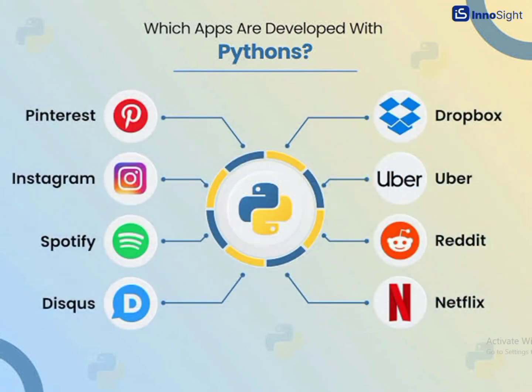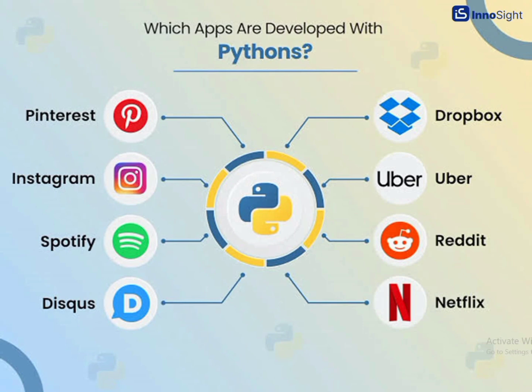Ta-da! So you see, these are some of the popular applications that we have out there. None of them is something you will say, okay, you don't know. Pinterest, Instagram, almost all of us are using Instagram. Spotify, Disqus, I think this one I don't even know. But Dropbox, yeah, Uber,